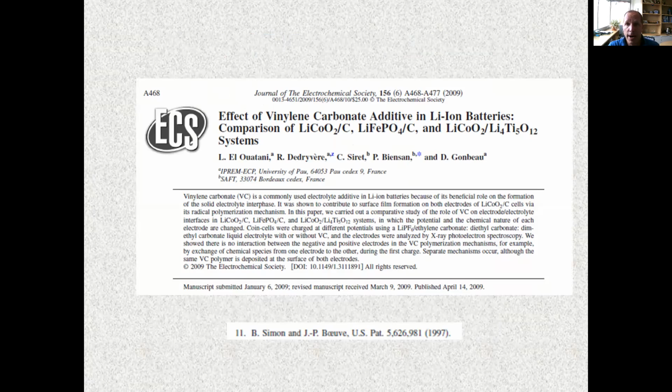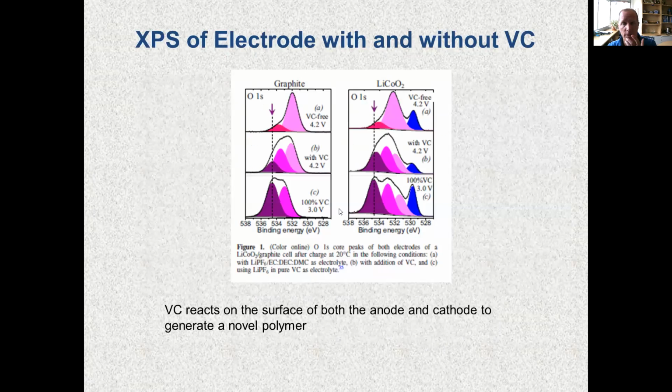So an example of the vinylene carbonate, which was originally patented by Saft before 1997, the patent was published in 1997. Many investigations of vinylene carbonate have been conducted to try and understand what vinylene carbonate does in cells. This is one example of this. And what was observed was that as you vary the concentration of VC from VC-free electrolyte formulations to low concentrations